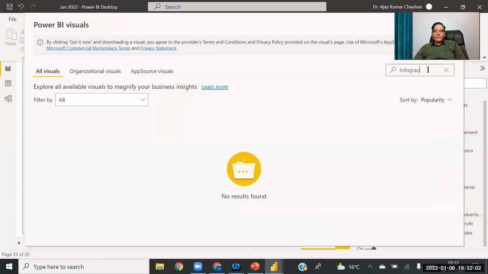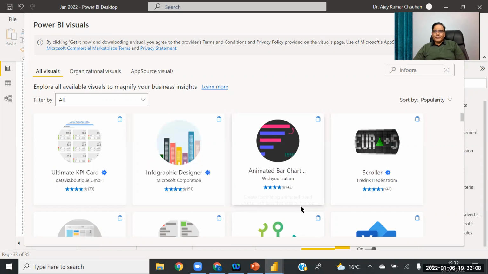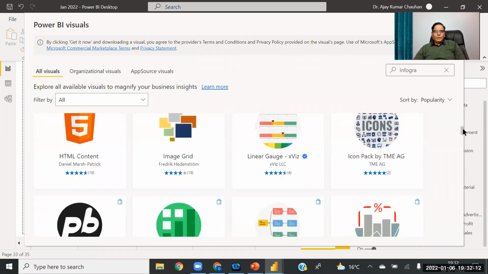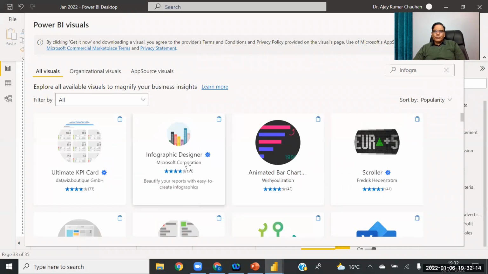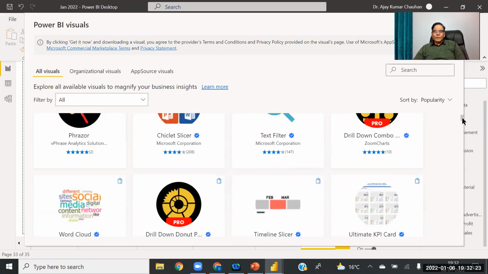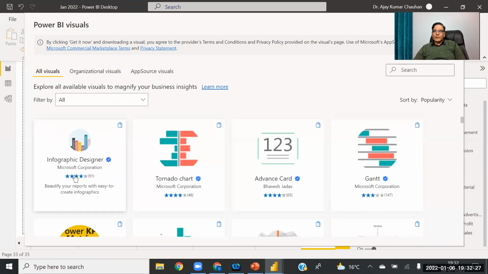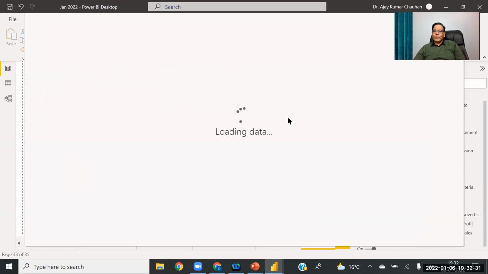If you write infographics here, this is the infographic designer. You can take this chart. It is so popular that it comes on the front page; without searching you can find it very easily.